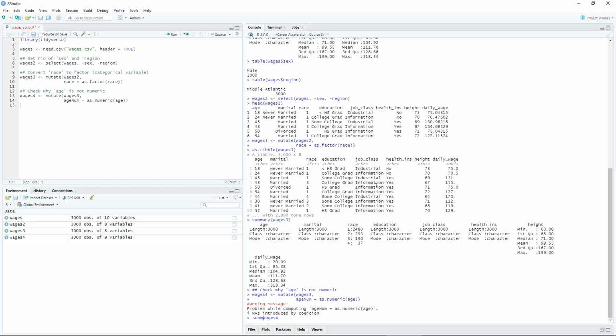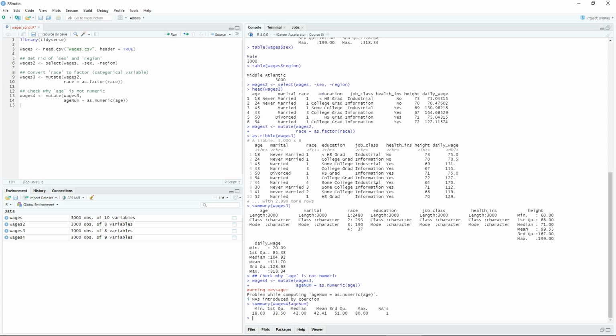And if I do a summary, I don't need to do a summary of the whole data frame here. I can just look at age num. You can see that there is one NA value, okay? Of course, at this point, we could just get rid of that row. We could say something went wrong here, some person's age is not encoded as a numeric variable, so we could just delete that row, okay? If that's what we wanted to do,